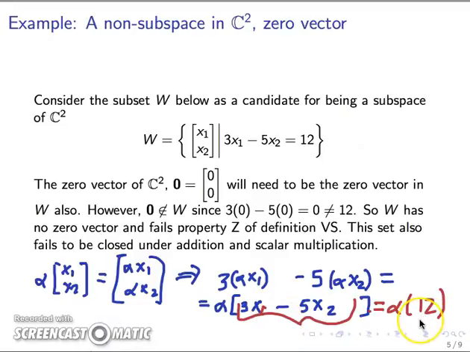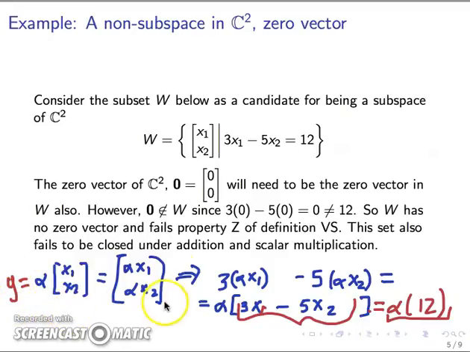However, this is a bummer because for this new vector to be a member of W, for scalar multiplication to be closed, we would need the right side of the equation to be equal to 12, not 12 alpha, but simply 12. And since that is not happening here,